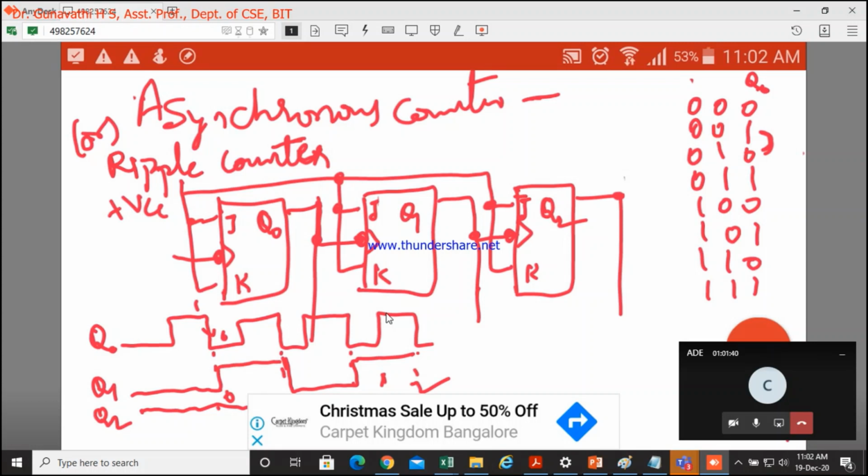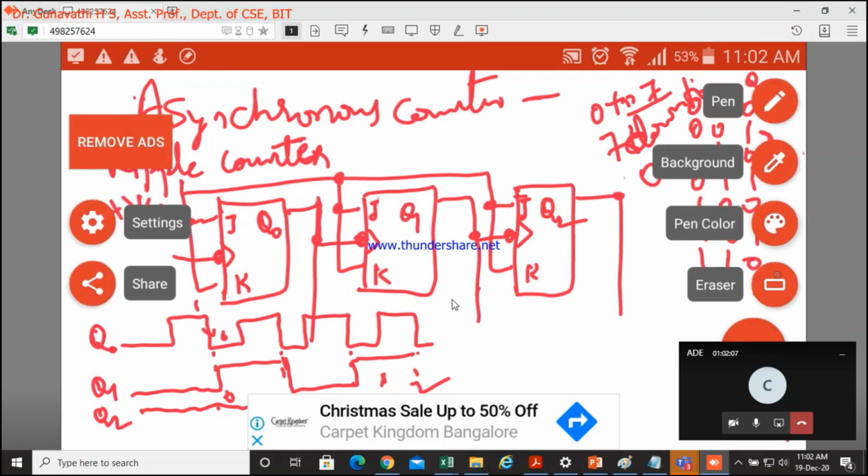So now we need to work with a down counter. What is the down counter? Up counter, we know it starts working from 0 to 7. If it is a down counter, it should work from 7 down to 0. How should it work? Now we will not change our circuitry. The only change we make here is the application of the clock.